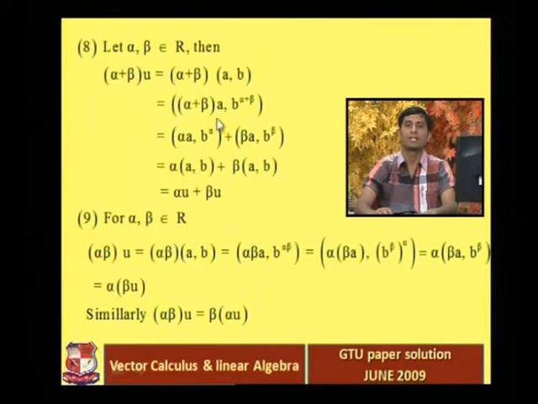Now (alpha plus beta) into a can be written as alpha into a plus beta into a, and b raised to alpha plus beta can be expressed as b raised to alpha into b raised to beta. So when we expand those terms, we get (alpha a, b raised to alpha) plus (beta a, b raised to beta). So that is equal to alpha into (a, b) plus beta into (a, b), that is equal to alpha into u plus beta into u. Okay, so we can also prove that (alpha plus beta) into u is equal to alpha into u plus beta into u. So the distribution